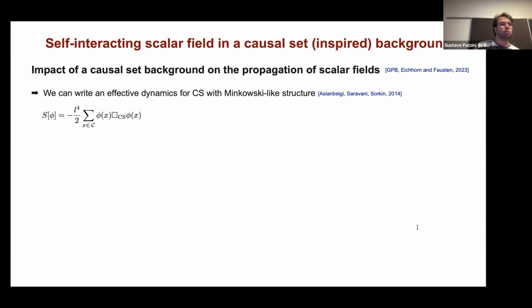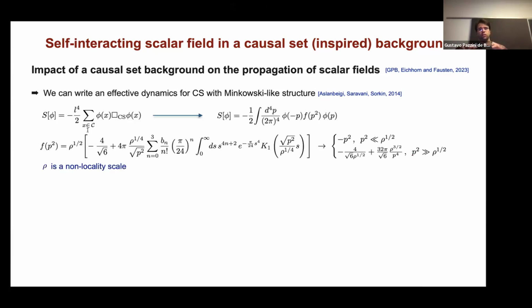And the starting point here is this work by Aslanbehi, Sayavani, and Sorkin, where they show that if we start from a causal set action for a scalar in a causal set background, and if you restrict yourself to sprinklings over Minkowski-like backgrounds or manifolds,